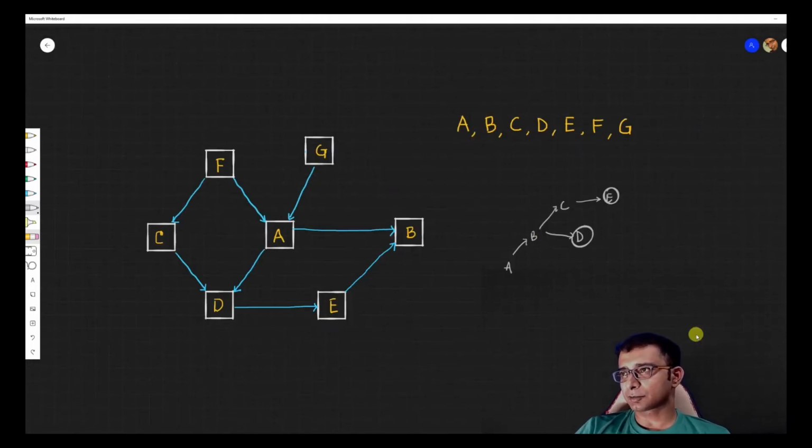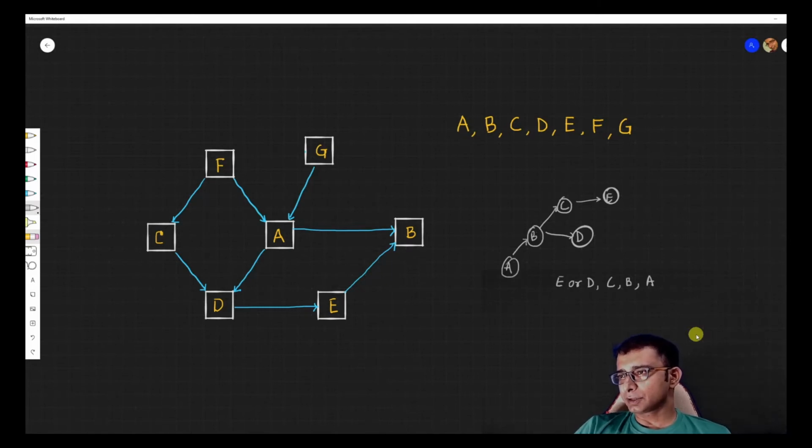We see that to do E or D, you can do either one first, right? There is no harm in doing E or D first. You can start the course E or D, because both don't have any dependencies. Then you can do B. Can you? No, because you haven't done C yet, right? So C has to come first. Once you have done C, then you can do B, and then you can do A.